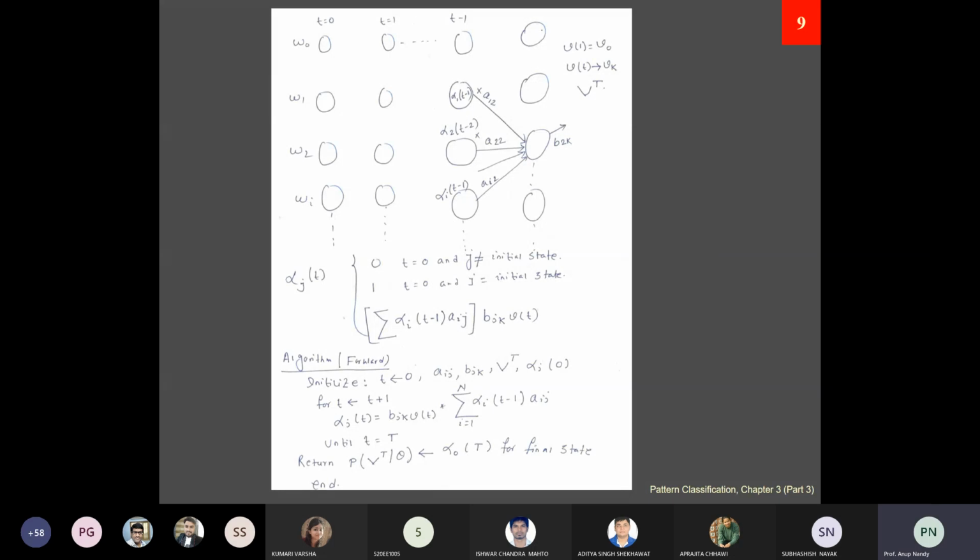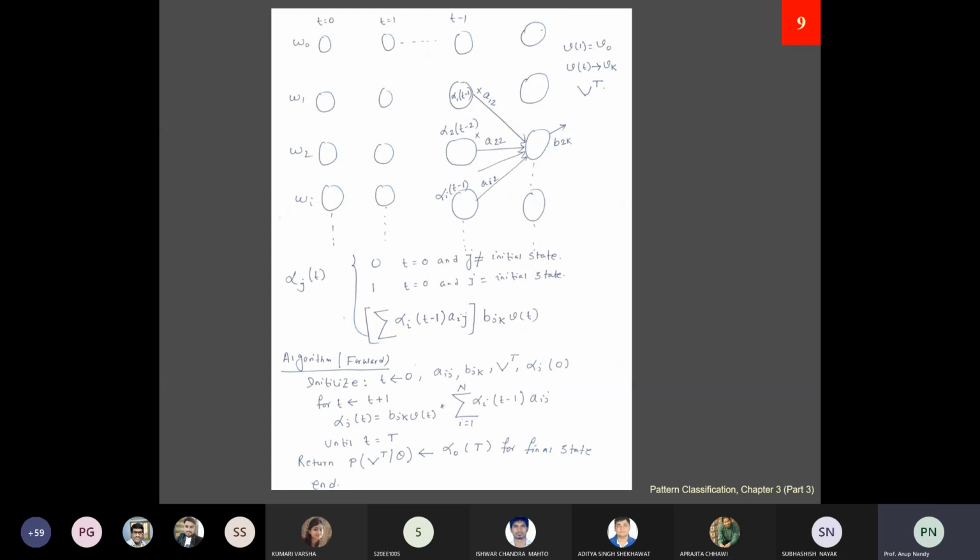So now suppose here you need to find what is the probability? Now again you need to compute another probability. That is, what is the probability that this system or the model will be in this particular hidden state after emitting an output symbol? So this probability can be denoted by alpha i t minus 1. For each state you have this alpha 1 w1, alpha 1, alpha 2. Okay, then you have alpha 1 t minus 1.